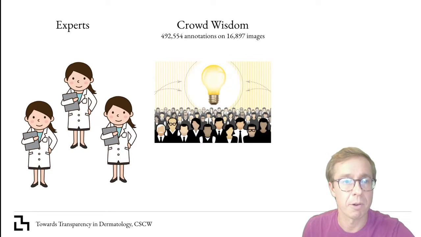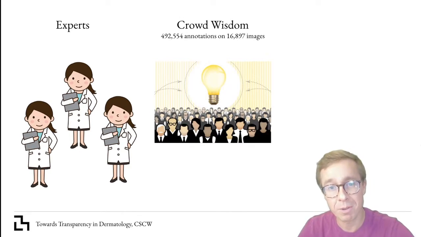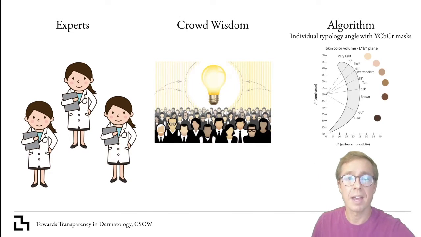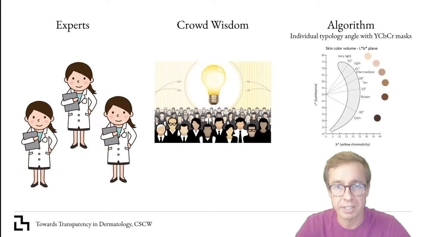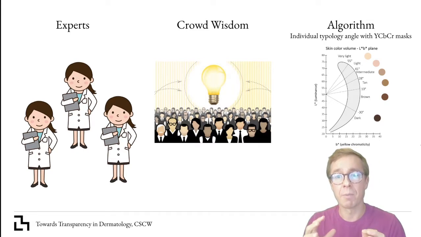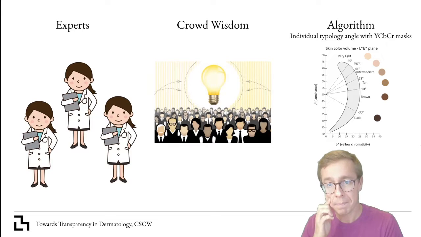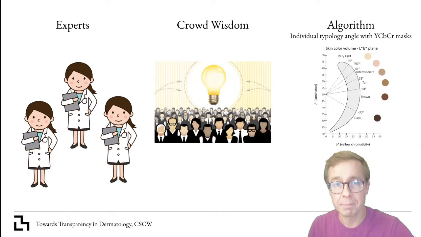dynamic consensus protocols. And they labeled almost, or annotated almost 500,000 annotations through this process. Now, we also applied an algorithm called individual typology angle, or ITA, to these images. ITA is a commonly used algorithm in this space, and what I mean by commonly used is there are published papers that use ITA to estimate skin type, and ITA is a computer vision algorithm that transforms RGB values in